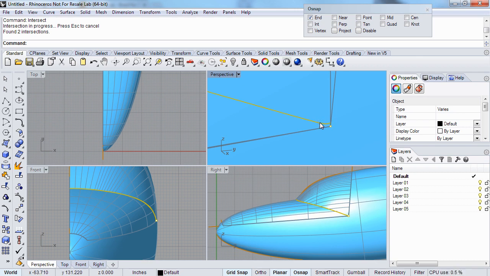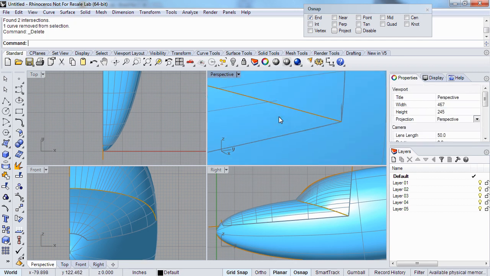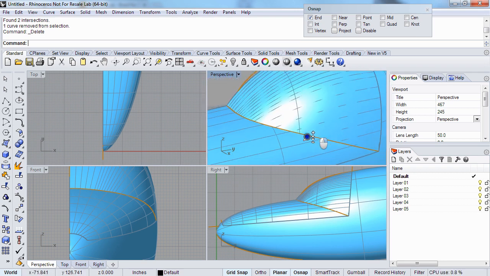So the intersection isn't going to be 100% precise either. And you can see here that if I zoom in really close on this, the intersection makes a funny little turn at the end, and there's another intersection that's just like a single point. So that's not bad though for this kind of thing, and I'm going to try to fix it up. We'll try to fix that up a little bit using a fillet, or at least kind of gloss it over